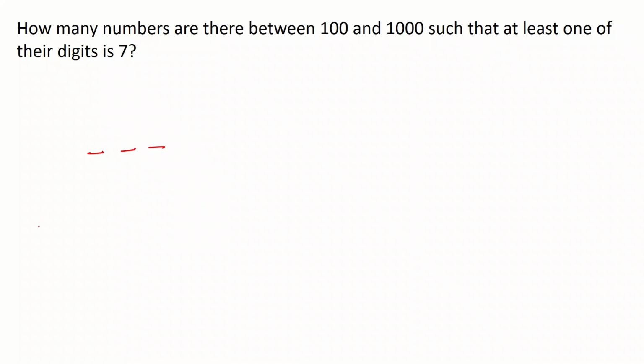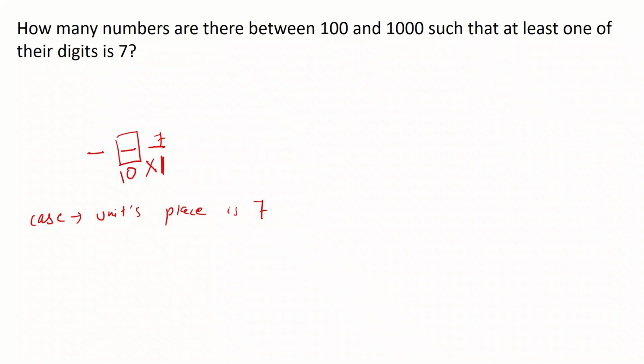Okay, so we make up several cases. In case 1, we assume that the units place is 7. So we fix a 7 over here, and this can be done in exactly one way. Okay, so let me write down 7 over here. We have fixed 7, and this can be done in one way. Now for this place, how many numbers are you left with? You can fill this place with 10 numbers, right? Because it doesn't say that you cannot put 7 again. So you have 10 possibilities for this place.